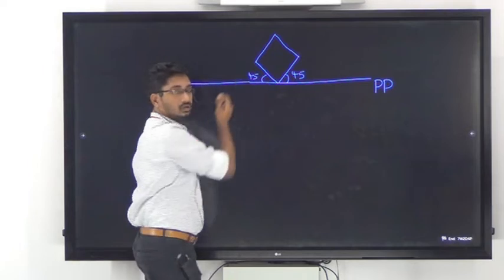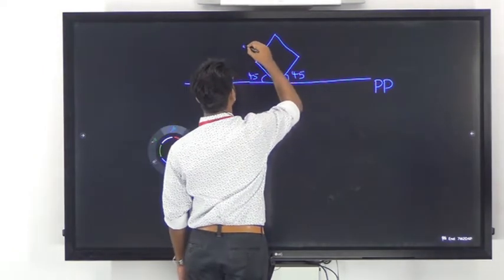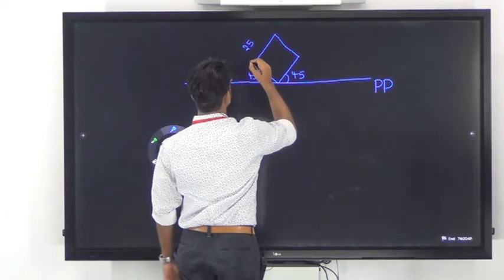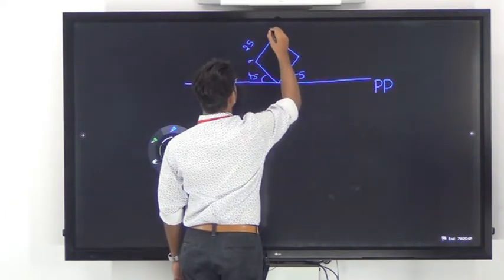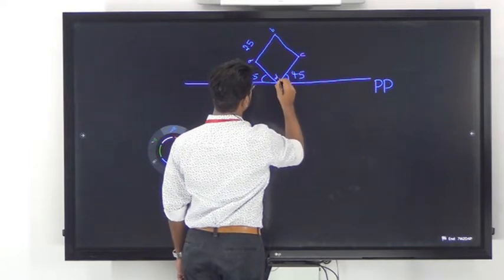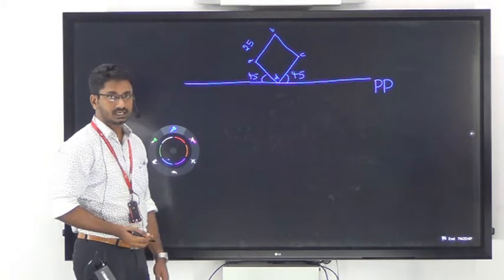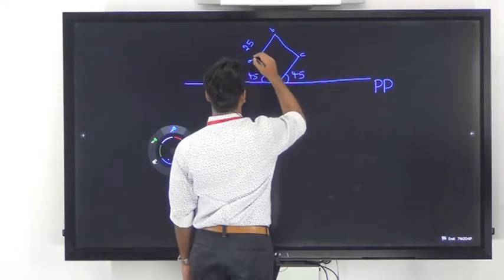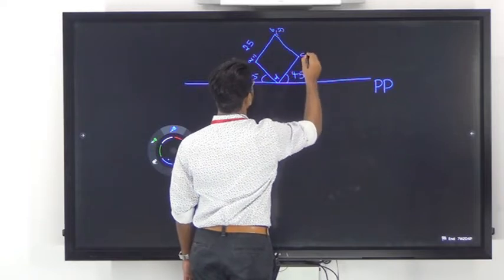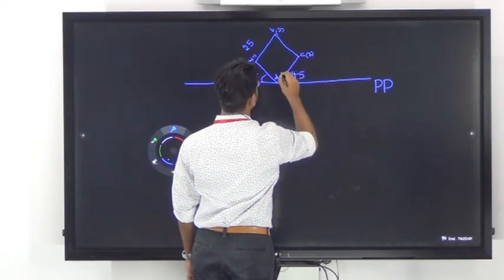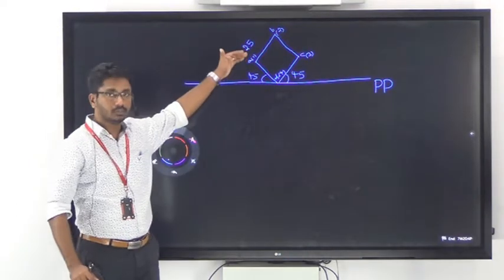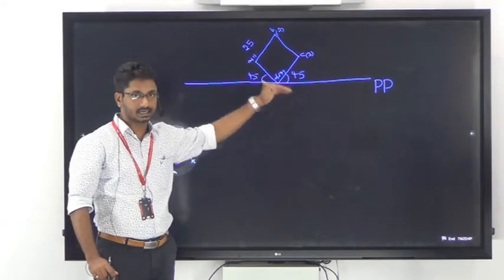So side of the cube is equal to 25 mm. Now we can name the top view. So the top face are named as A, B, C, D, and the bottom face are named as 1, 2, 3, 4. Here also, since the bottom coordinates are invisible, they are given in brackets.